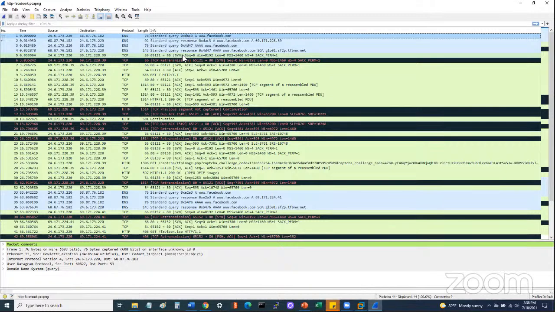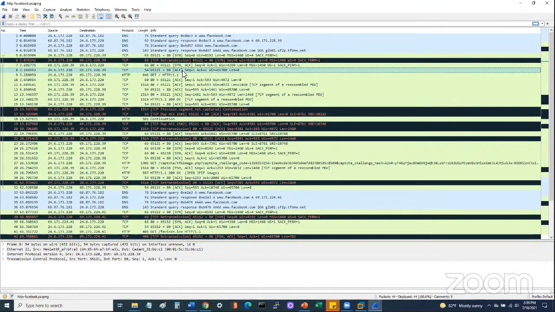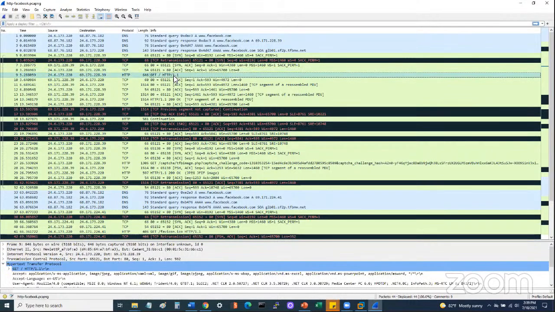The next thing that happens, after we establish what the IP address is for the site we're looking for, is we see the SYN-ACK, and we see the ACK of the conversation, and then we see a GET request for that web page. Okay, so this is what happens. And once we've established the conversation here, you'll see that all of the packets after this have an ACK, which shows they're part of an established conversation.